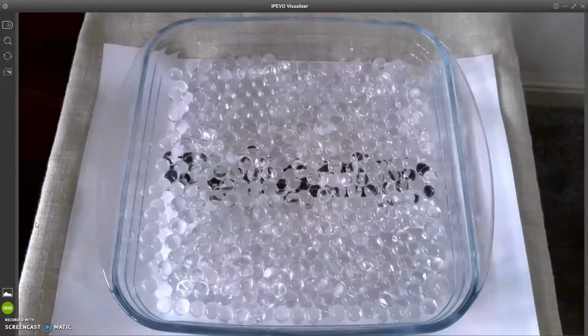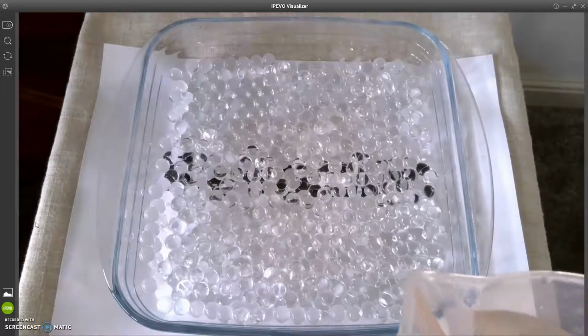Now at the moment we can't see what is written on that piece of paper because it's covered by these aqua gel beads, which, as I said, are basically full of water. I've soaked them in water for about an hour, and they've absorbed all the water. Now what I'm going to do is pour some water into the dish, and you can see now that the water